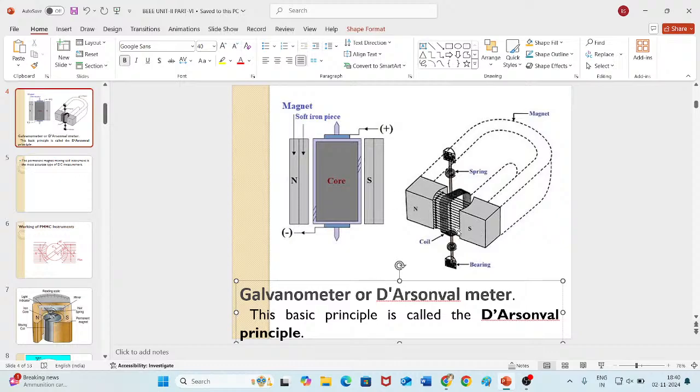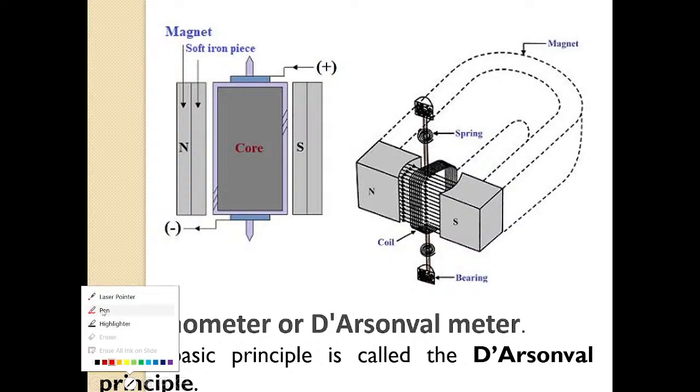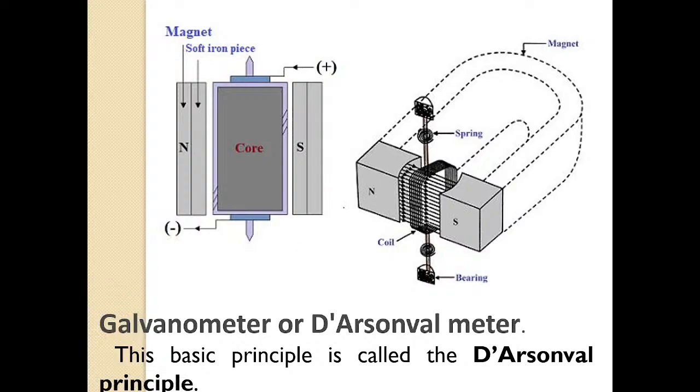You can see here there is a north pole and south pole, N and S. I will expand the screen. So you can see here, this is the north pole and this is the south pole. In between the poles,